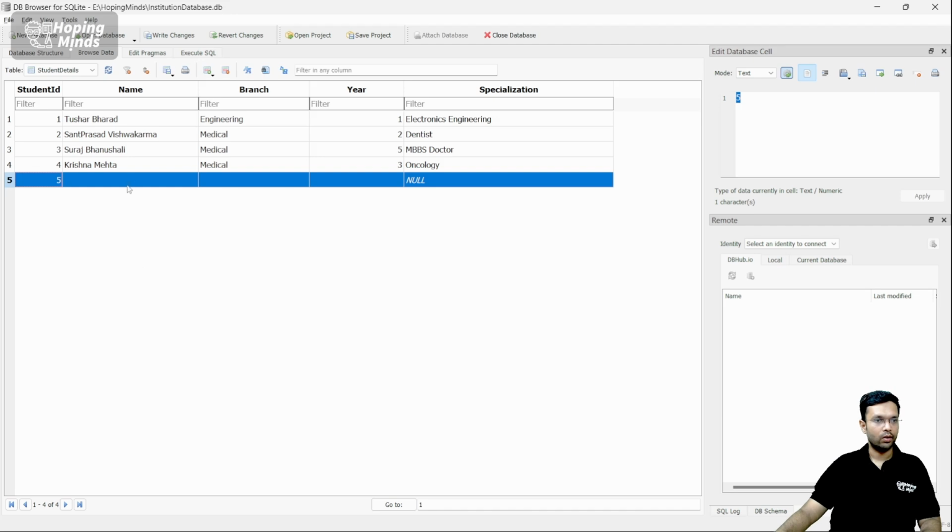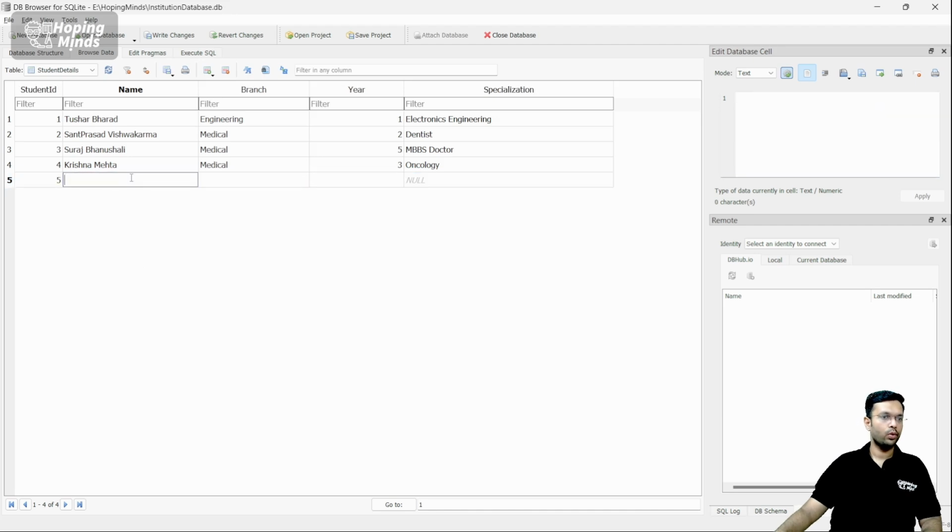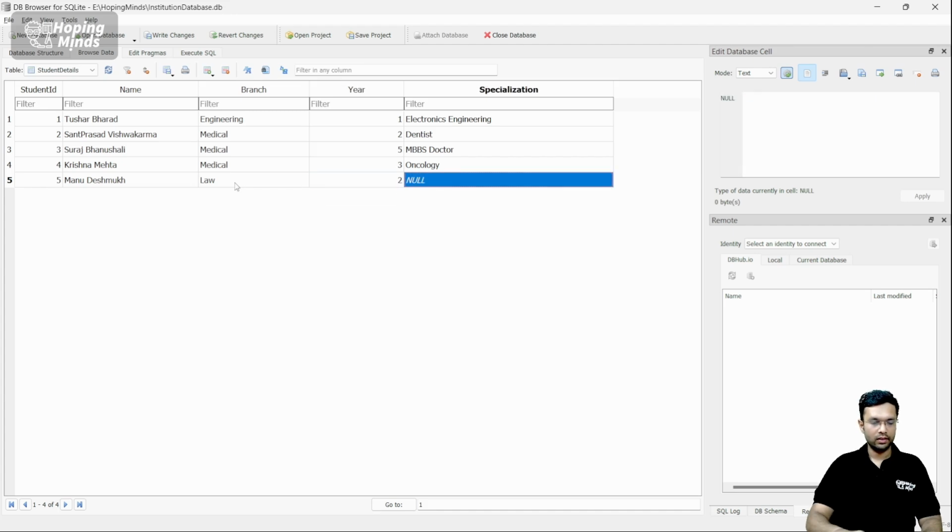Hence, if I click on the plus symbol, put over here Manu Deshmukh. Then over here, I'll put his branch as law. He is into second year and his specialization is corporate